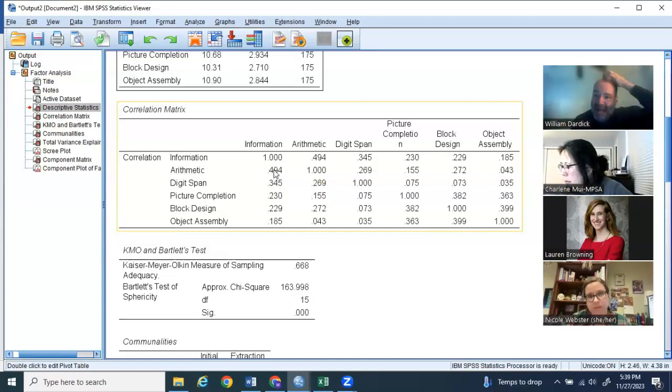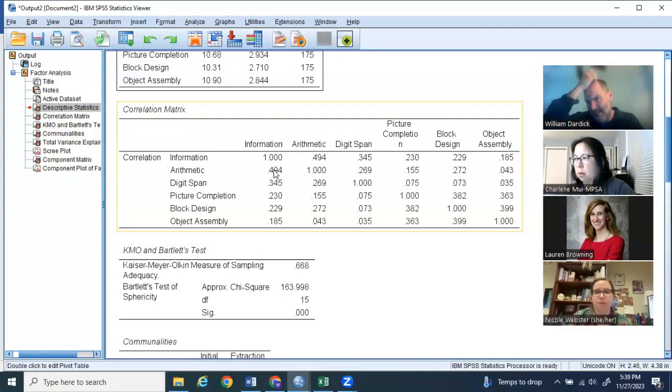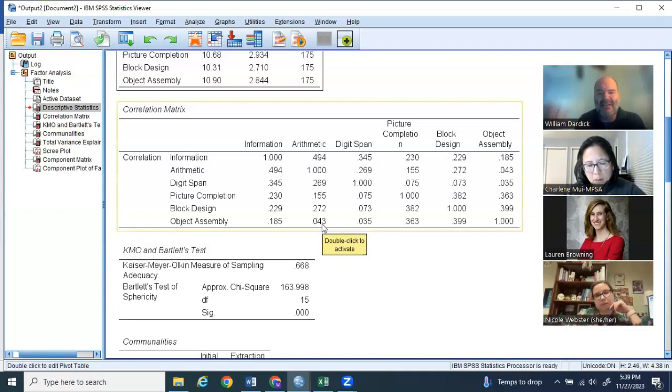When you are evaluating correlation matrices, if they don't get too big, if they're not too much out of hand, 10 items, 11 items, I think I said we have 11 items for tonight's lecture, that's not too big to kind of eyeball quickly. When you get 100 items, it's just too large. But with a quick eyeball test, what I'm really looking for is that I at least have some correlations that are maybe close to 0.3, 0.4. Even the 0.2s aren't too bad, but I don't want to see a whole bunch of things that look like this, 0.073, 0.035. It's okay to have some in there, but if all of my variables were like 0.05, 0.08,